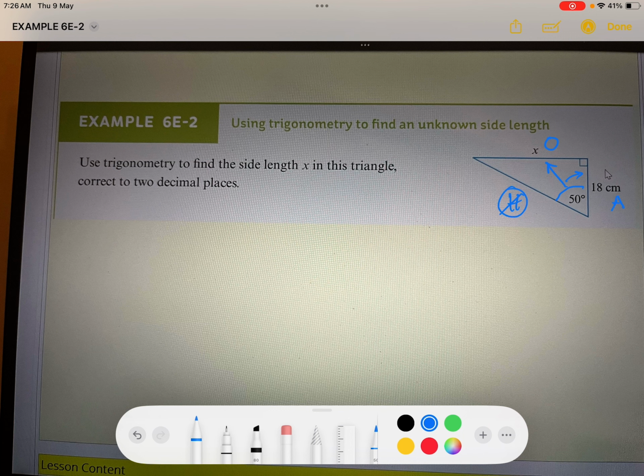We don't have a hypotenuse side, so we cannot use sine and we cannot use cos. Sine uses hypotenuse, cos is the adjacent over hypotenuse. Tan is the only ratio that we can use for this question at the moment, unless we want to find the hypotenuse. So let's write down tan of our angle, 50 degrees, equals